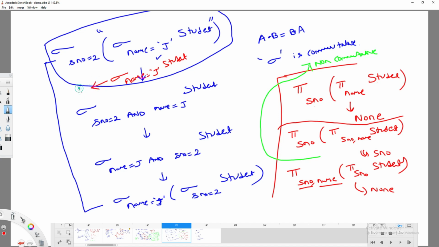So here I can write it like this also: rho T1. What is the meaning of this? The new relation name is T1 now. Once I know the new relation name is T1, can I perform select of serial number equal to 2 from T1? Yes or no? So in this kind of situation, we use the rename operation.